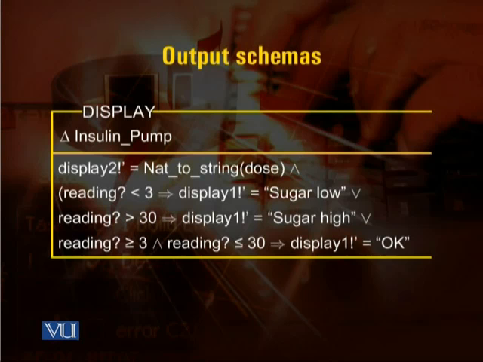Reading is less than 3, which implies that display 1 will get the message that sugar is low. Reading greater than 30 will put the message sugar high on display 1. Or reading greater than or equal to 3 and less than or equal to 30, that is between these two values, we will get the value on display 1 is equal to